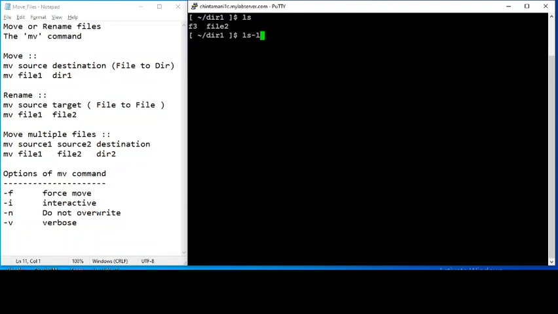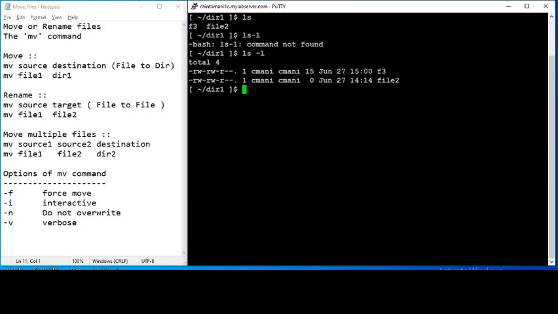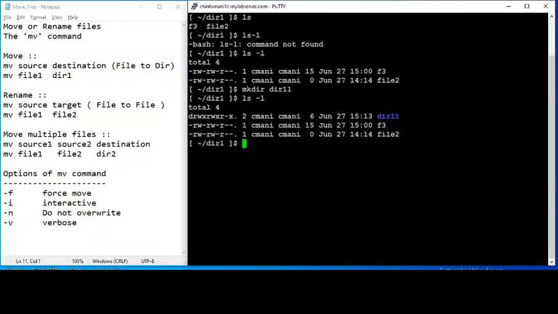Right now I have, let's see how many files I have. I have two files, file 2 and file 3. So let's create a directory inside dir1, one more directory, so dir11. Now I have two files, one with 0 bytes, one with 15 bytes, and one directory, which is dir1. So now if I say mv space f3 space file 2 space dir11, what is going to happen is